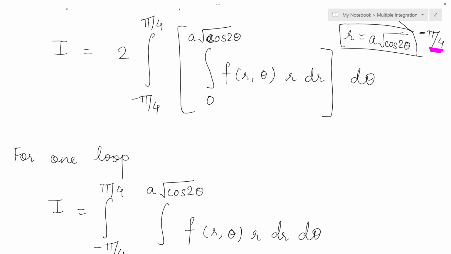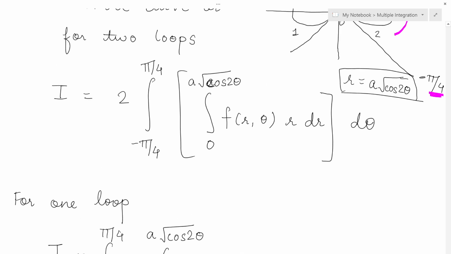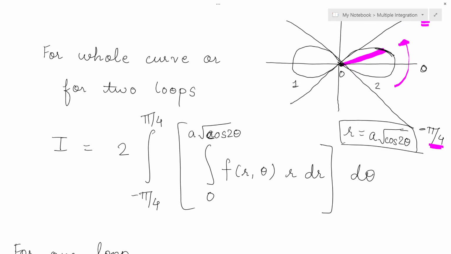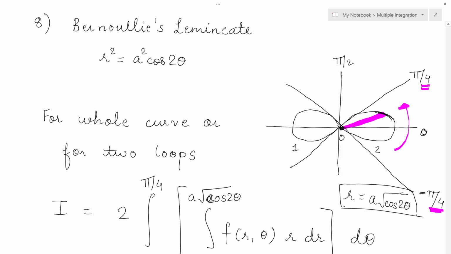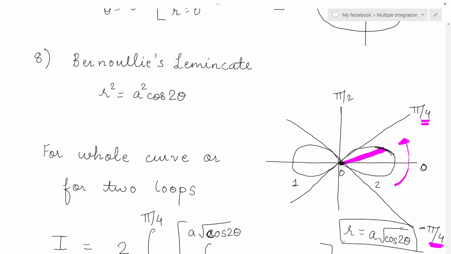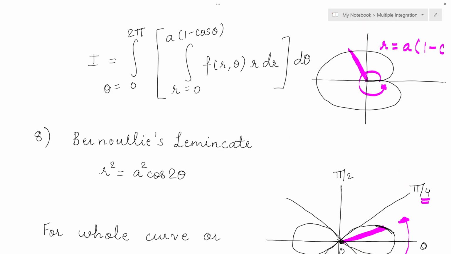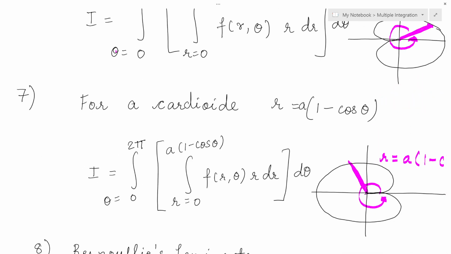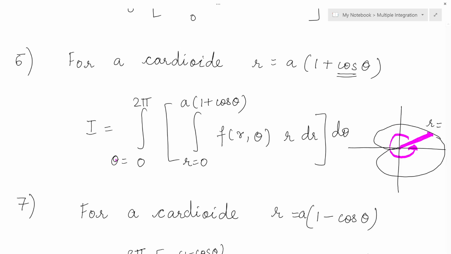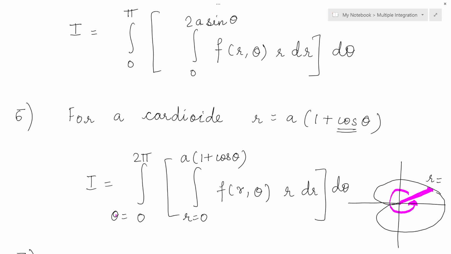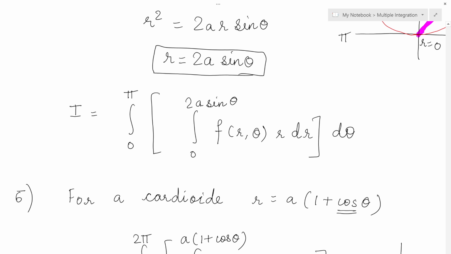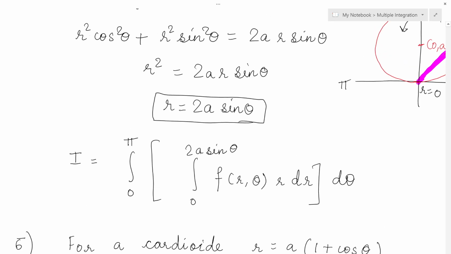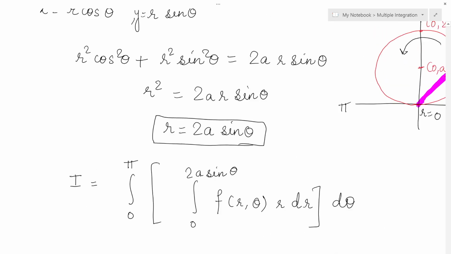Fine. So these are some basic standard curves I have taken. So you get an idea how to find the limits. Let us memorize once again. The inner limits are in terms of r. We take a radial strip. It travels in the anti-clockwise direction. The outer limits are in terms of theta. Okay. And then the radial strip, we can find where it touches, and that becomes my inner limits. And for outer limits, you have to travel the whole radial strip in the anti-clockwise direction to get the answer.